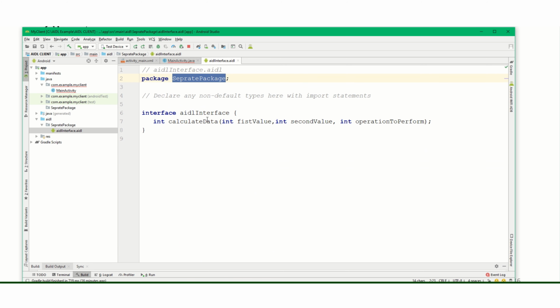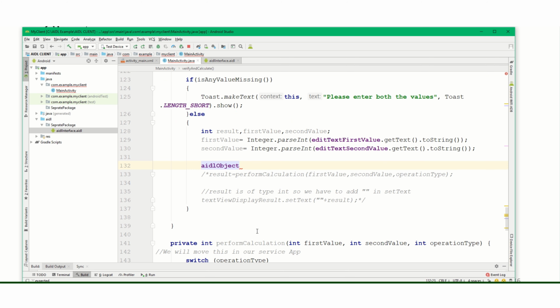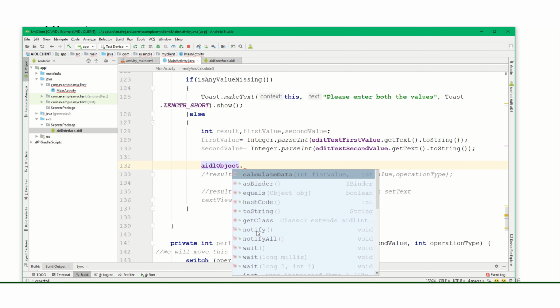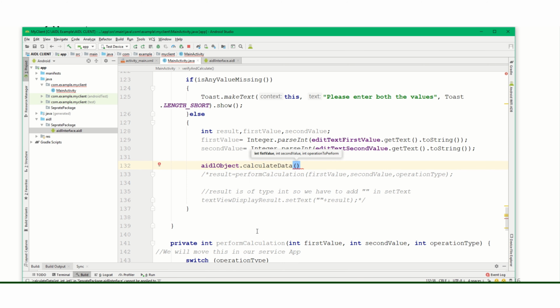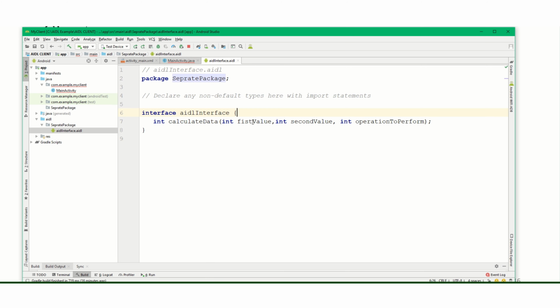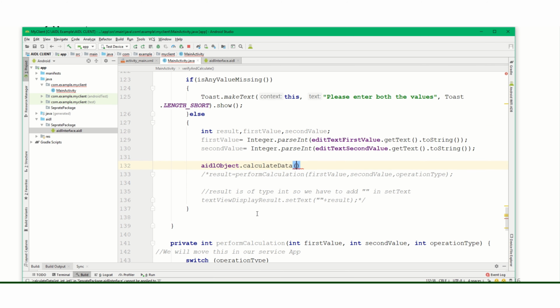As of now, we have declared only one method, calculate data. It should show me automatically the calculate data method. And what are the parameters of this method? First value, second value, and operation to perform. So first edit text value, second edit text value, and operation type.